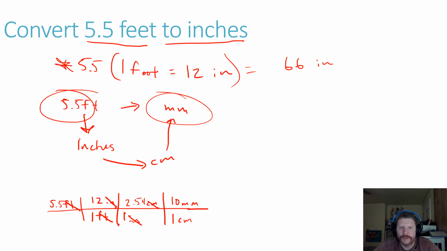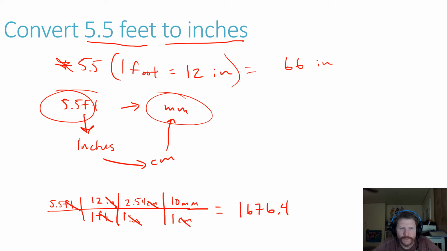So now centimeters are off the table, and now I've got everything that I need. So whenever I set up the problem like this, I've got this streamlined system where I multiply everything across the top. So 5.5 times 12 times 2.54 times 10, and I divide that by 1. And my answer ends up being